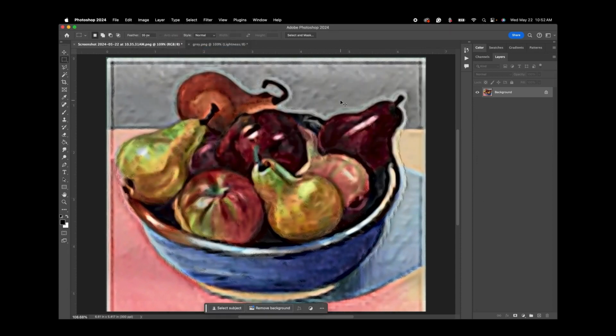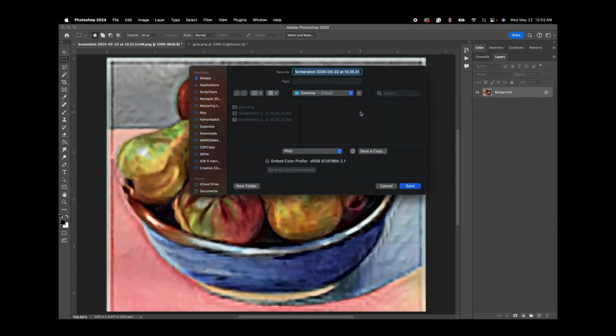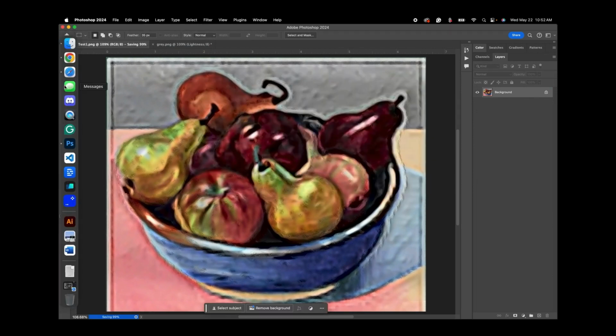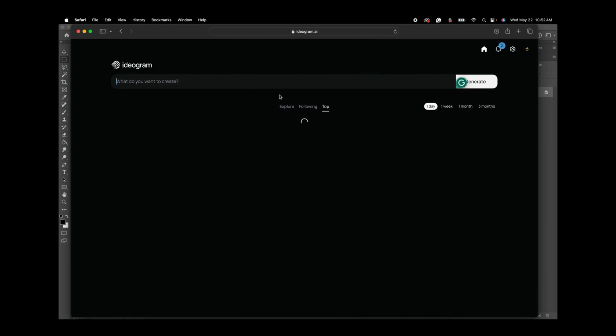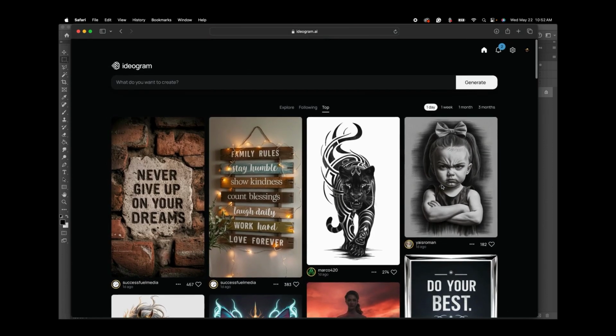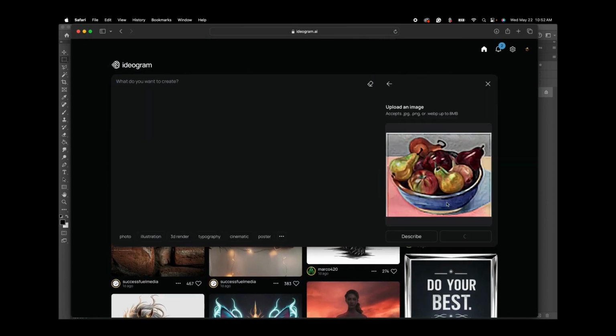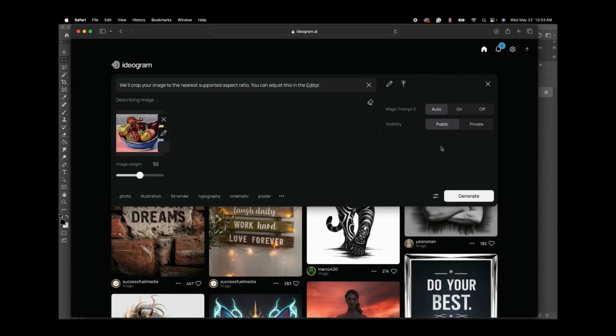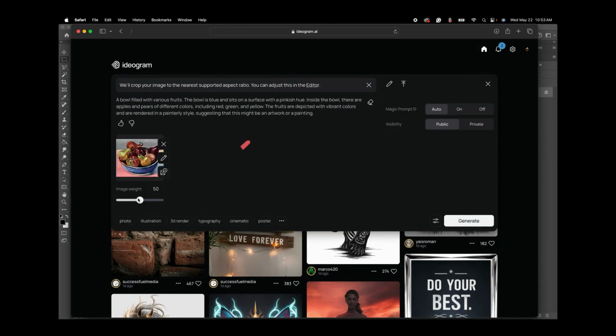Remember to be in RGB when you're saving a PNG. So we go back to Ideogram, hit the little cloud to restart, add the image, and ask it to remix. We're going to use the advanced settings to make sure it gives back a high quality image, and we're going to put the image weight on